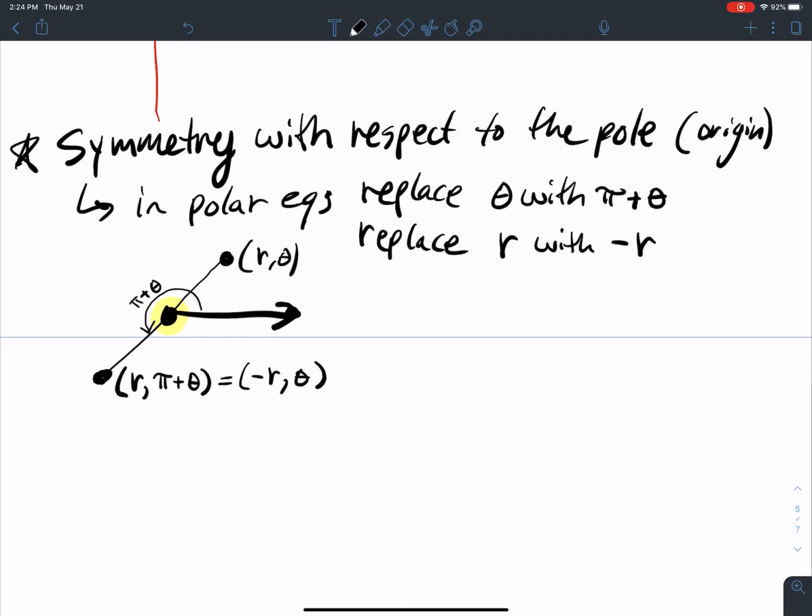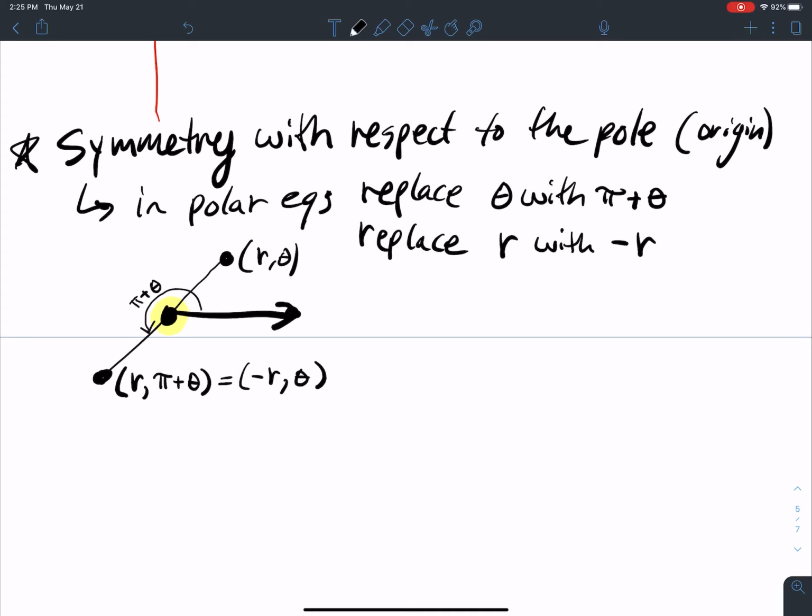Now the three tests for symmetry given here are sufficient conditions for symmetry, but they are not necessary conditions. That is, an equation may fail these tests and still have a graph that is symmetric with respect to the polar axis and the line theta equal to pi over 2 or the pole. Okay,